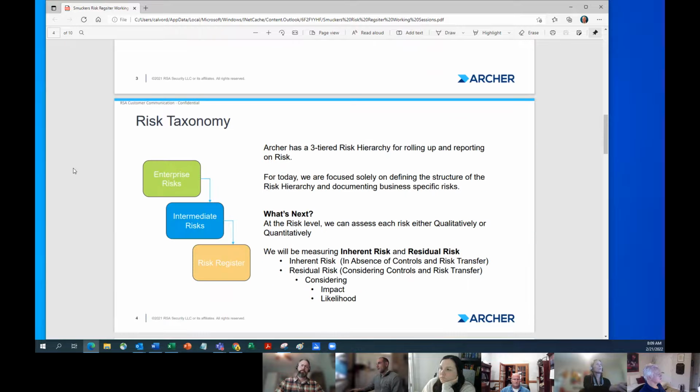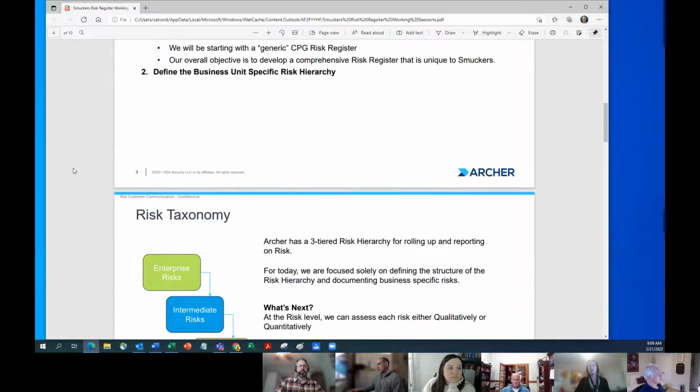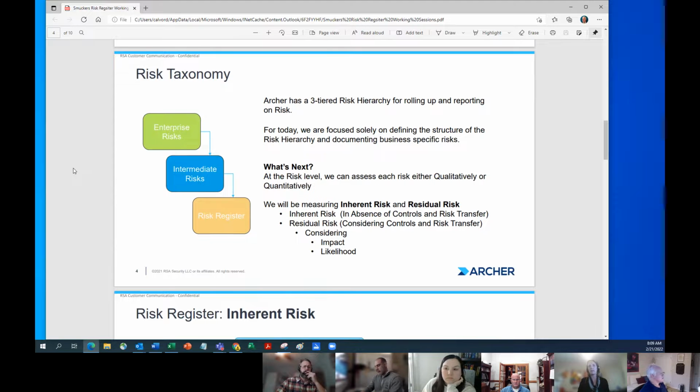Okay, so for everybody's benefit, I wanted to show the taxonomy that we're striving towards. This is going to be the end game. It truly may not be the game that we get to in the sessions. As I said, we're probably going to be focused more on just identifying risks, and how that fits into the taxonomy will be my takeaway to go and figure out.